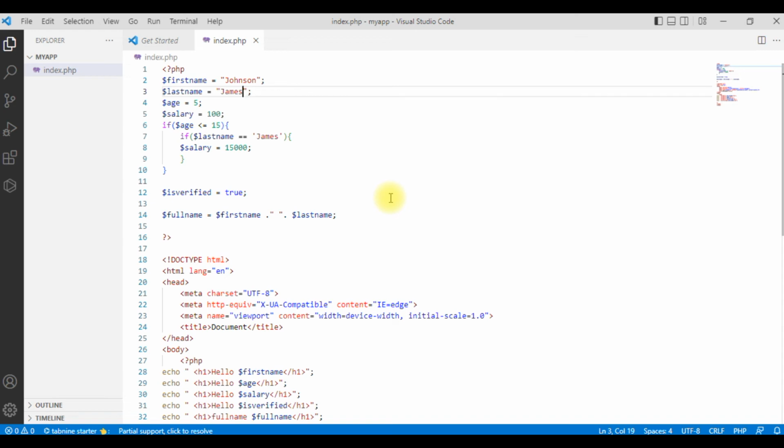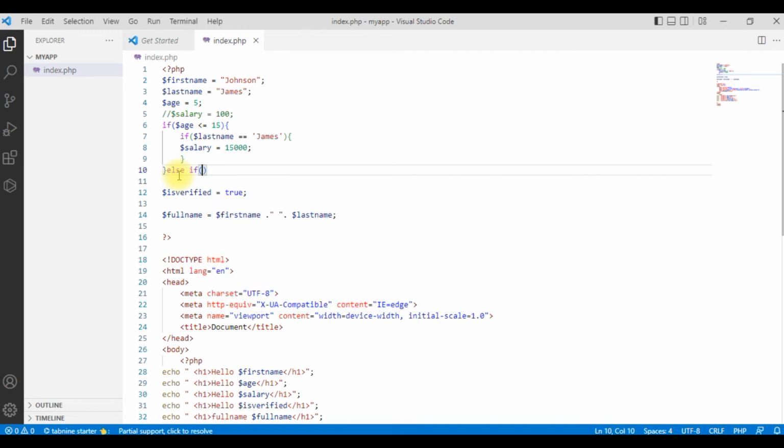Now if and else. If for instance we set salary to be 100, rather than doing that here, we may say okay, initially, even in PHP we may not even declare our salary to be anything. Let's see. So we can come here and say okay, if age is this, now that is for, we can have else if, another condition again,